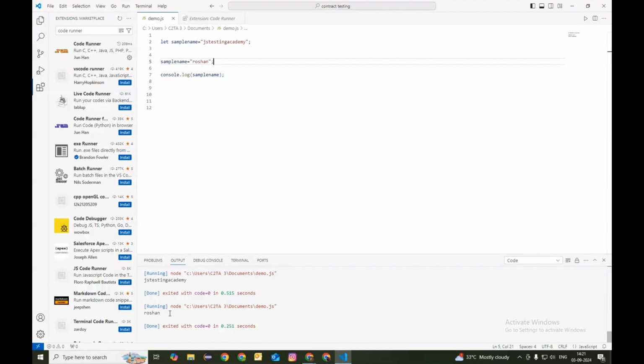But if you are using the constant keyword, let me show you an example. I'm changing the let to constant here. Let me first comment it, then let me run it. It should display JS Testing Academy. You can see that with the help of the constant keyword, we are able to store the value and print it. But if I want to change it,